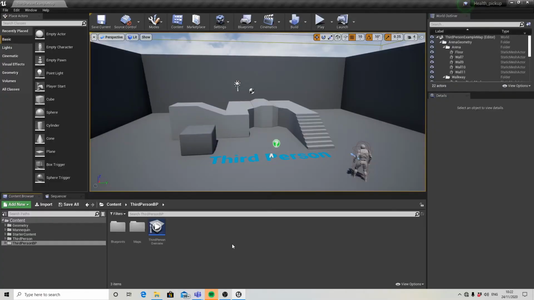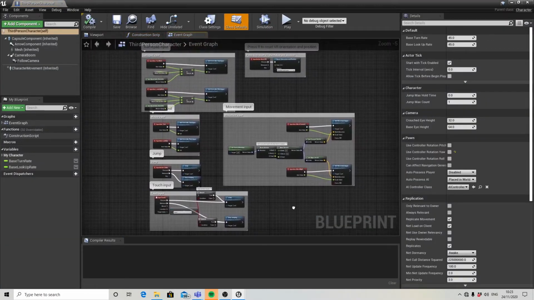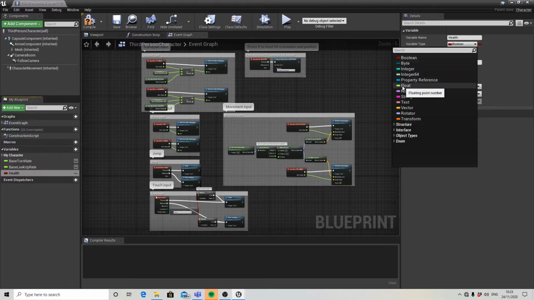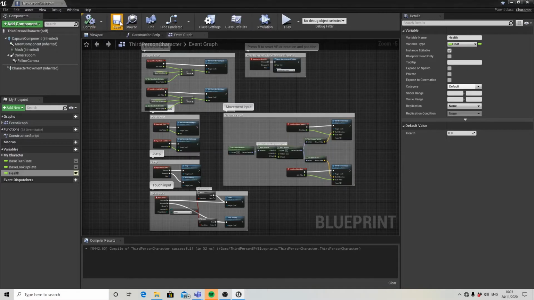The first thing we need to do is create our health inside our third person character, or whatever character you're using. So if you go into third person blueprints, third person character, go to variables, add a variable, name this health, and we need to change the variable type to a float. Now if we make this instance editable, compile and save,